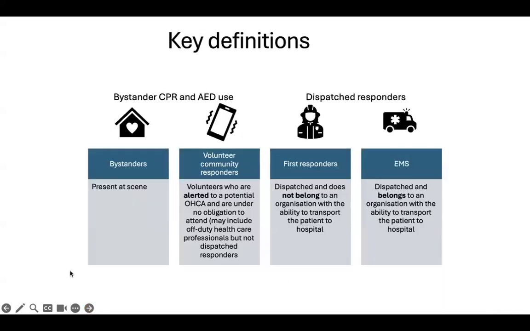I'm just going to quickly touch on this because this impacts a lot of what we're going to be talking about today. With the introduction of alerted bystanders, so people using things like Good Sam, we thought it important to define what exactly a bystander is, and to have these separate codes for the different responders to an out-of-hospital cardiac arrest, because it is critical that we monitor this in systems.